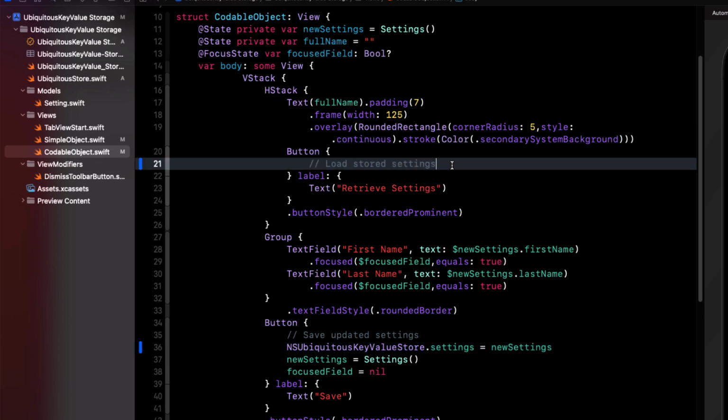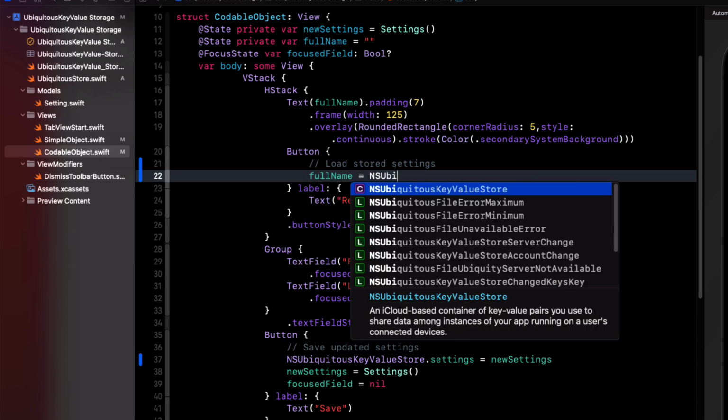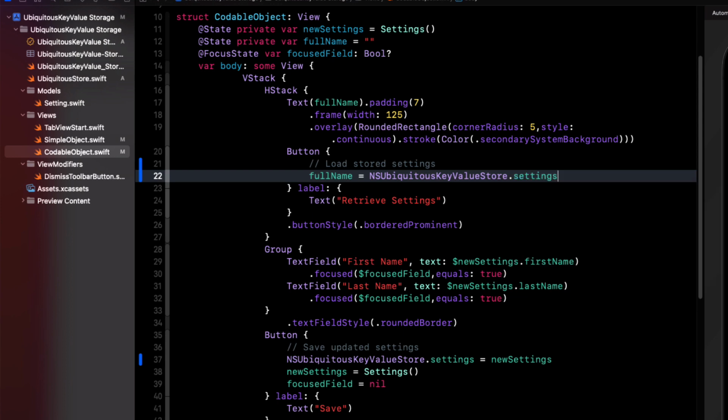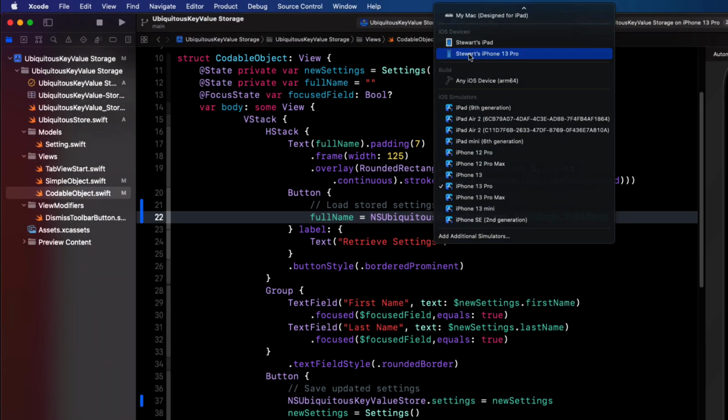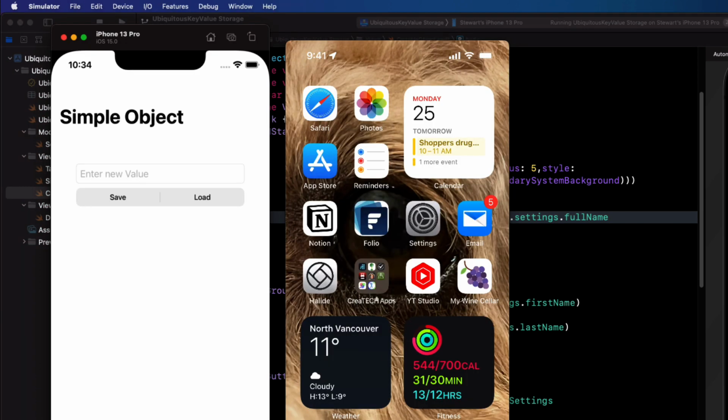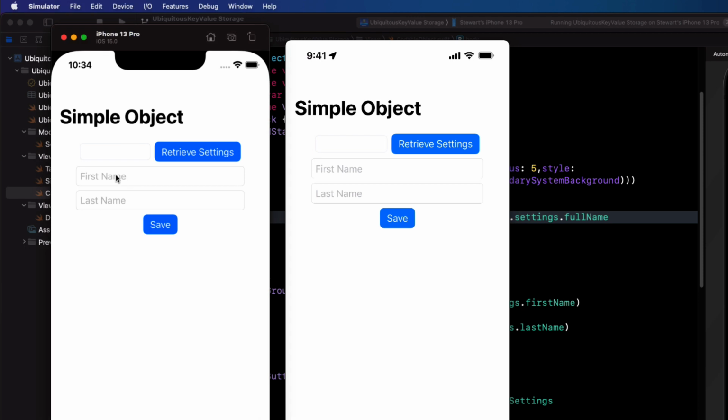When we retrieve, however, we'll retrieve the settings and access the settings computed property full name to assign to our full name string. Let's test again on both the simulator and the iPhone. Let me first enter my first name and then my last name and save. I can test the retrieve settings button, and indeed my full name gets retrieved and entered into that text view. Back on the iPhone, once it's synchronized, I can tap the retrieve settings button here, and there we go,